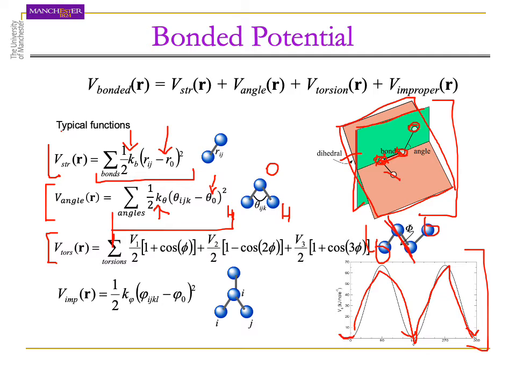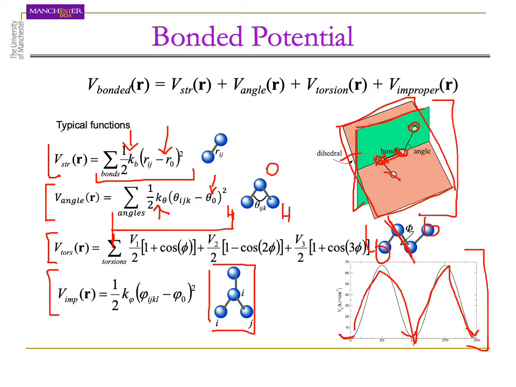The last term of the sum is the improper torsion, and it is again an angle given by four atoms, but in this case it is used to keep some specific shape of the molecule. Most importantly, when we want to keep the four atoms planar. If we don't want that,